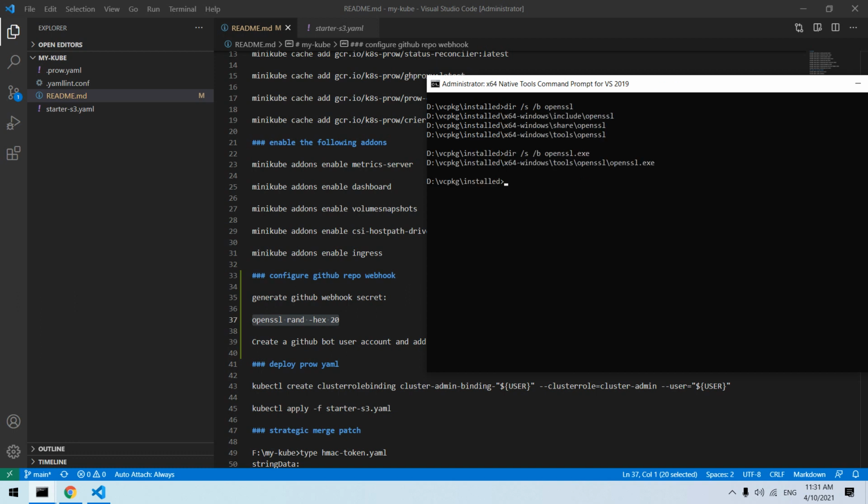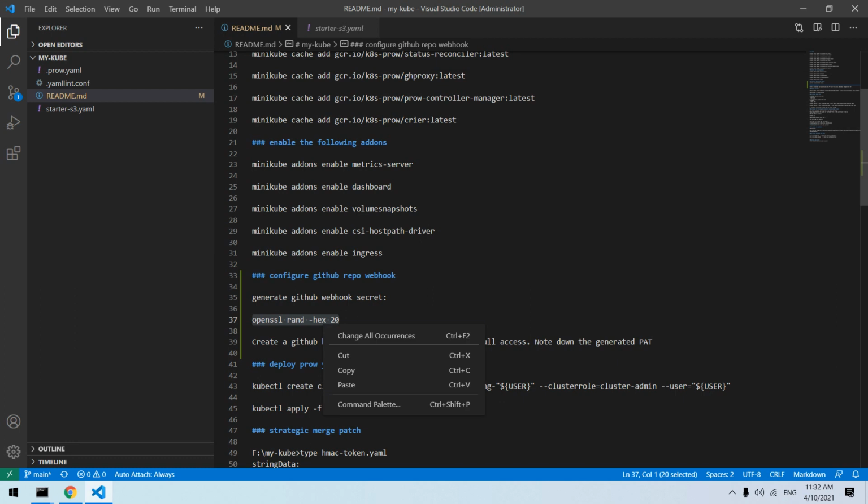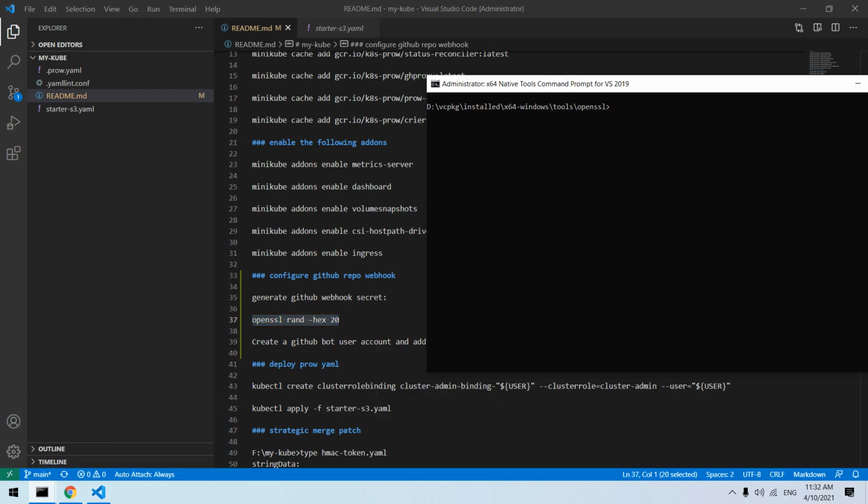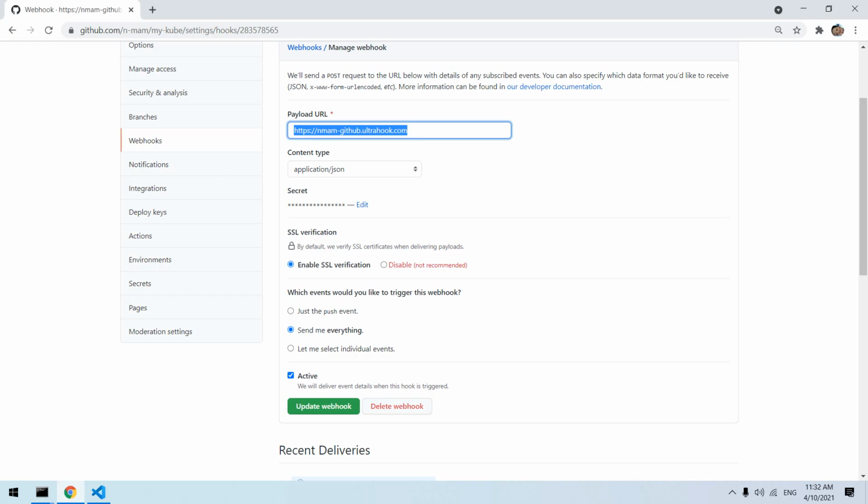Okay, yeah, so let's go here and issue this command. Okay, so just like this, it will create this secret random key. This you have to copy and paste here.